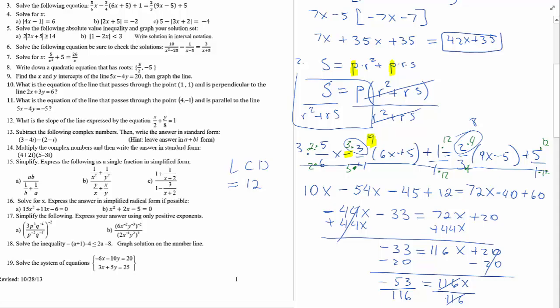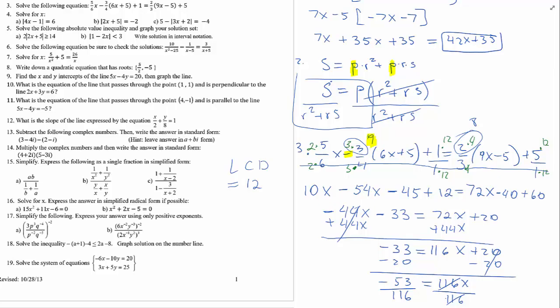Good? All right, so 53 and 116, no, right? If you multiply by 2 is 106, doesn't look like it's reducible. And we are so used to numbers that are not nice in this class, right? So we don't say, oh, it must be wrong because the answer is not minus 2 or something, right? So that's okay. All right, question number 4, we have